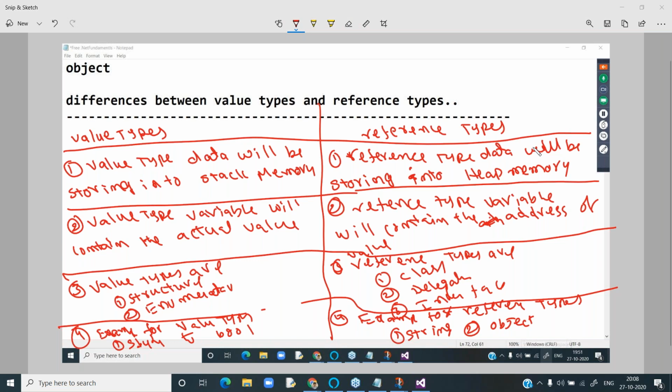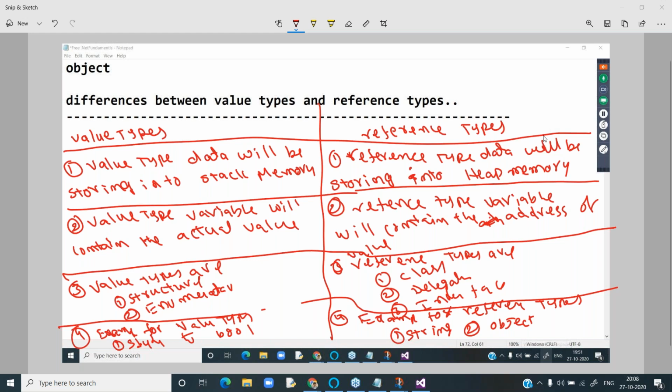Right. So that is about today's class, and tomorrow we are going to discuss some other topics. The next topic will be typecasting. After typecasting, we go for a concept called control statements.